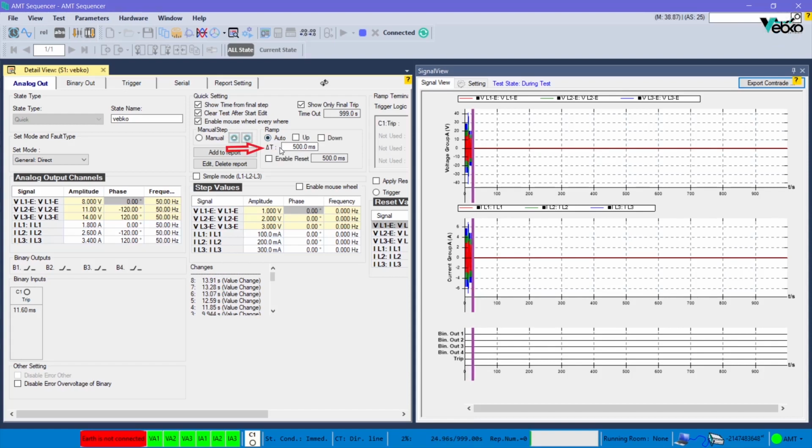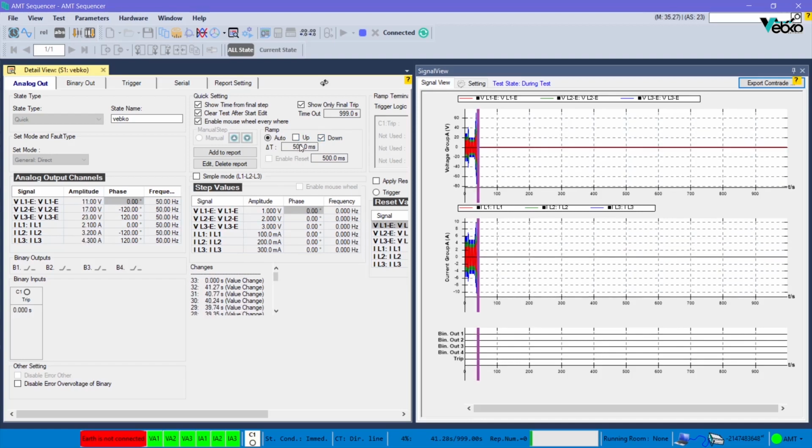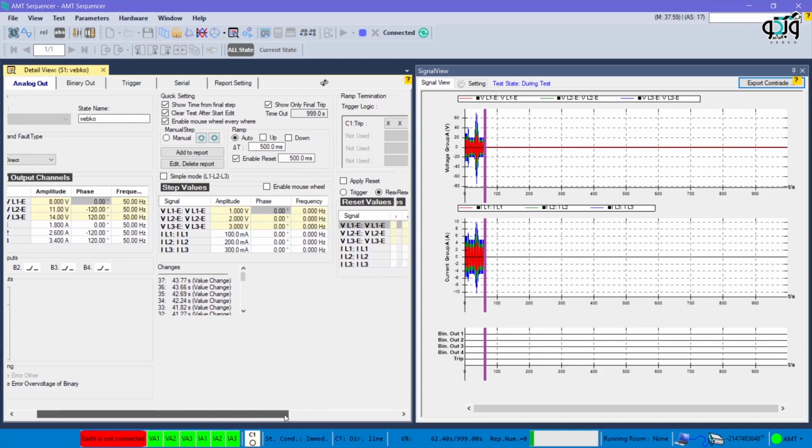In the Delta T field, the time of each step is specified. By selecting up, the ramp increases automatically, and by selecting down, it decreases automatically. In the Enable Reset field, it is possible to specify the reset time of the signal value, so that after checking this option during the test, the signal value is reset for the specified period of time, which is determined